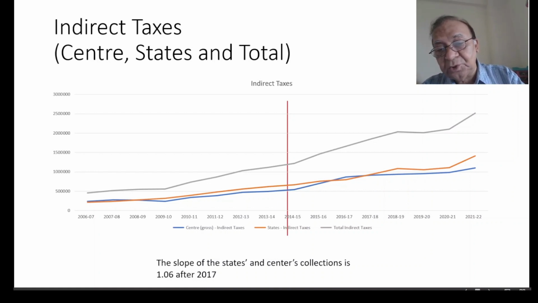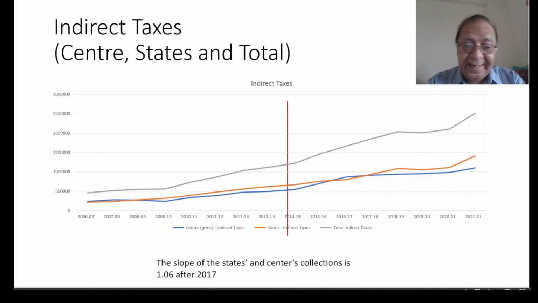What has happened after 2017-18? Just observe. The red line, that is the collection of states, is rising, and the difference between the blue line and red line is increasing, and it has increased to a very high level by 21-22. If we observe minutely, states' collection of indirect taxes is increasing at a higher rate than the center's collections. If we calculate the slope